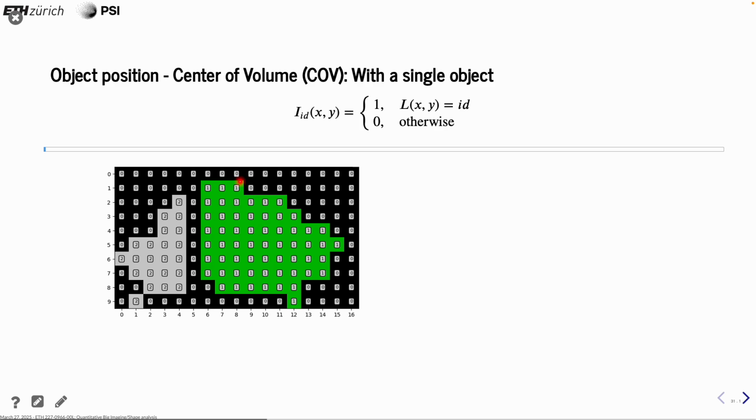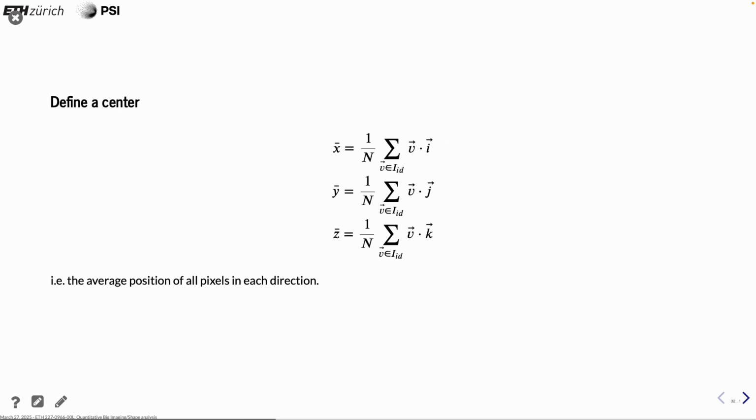Now we need to identify an object. So we need a label. Let's say we want to look at the label 1 in this case. And then for doing that, we define our center as the weighted average of pixels in each direction. So you measure in the X direction, Y direction, and the Z direction, and compute the average position in those. And by doing that,